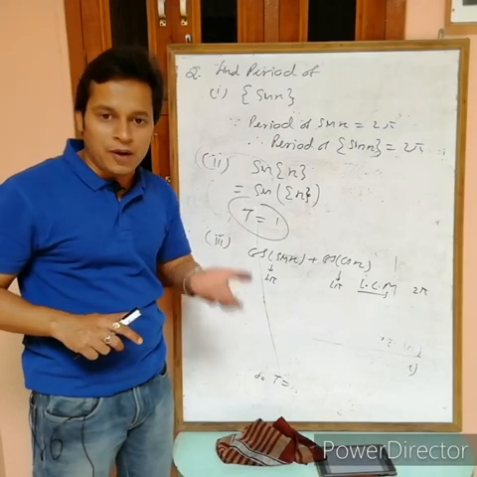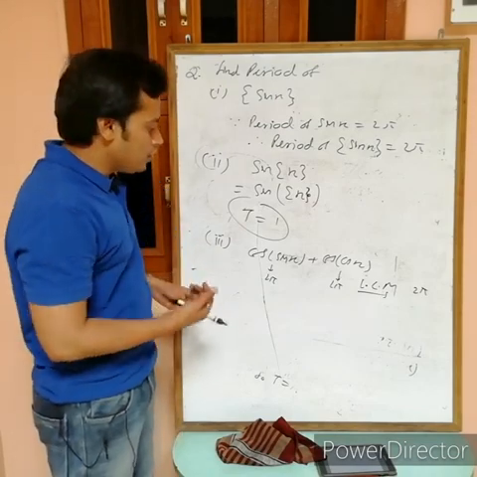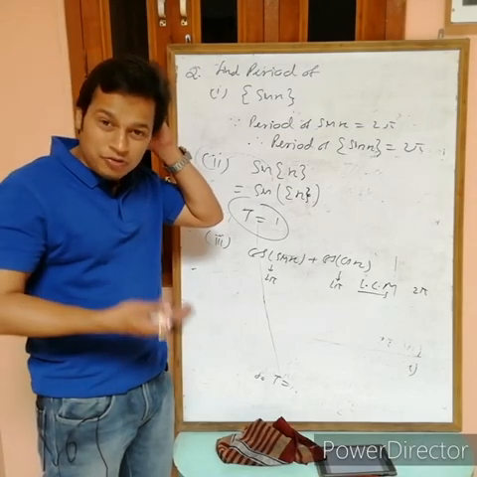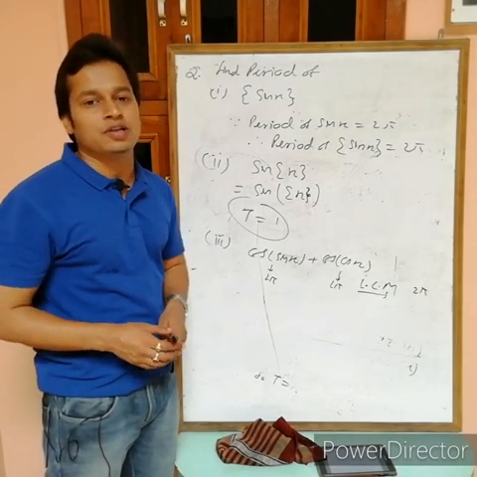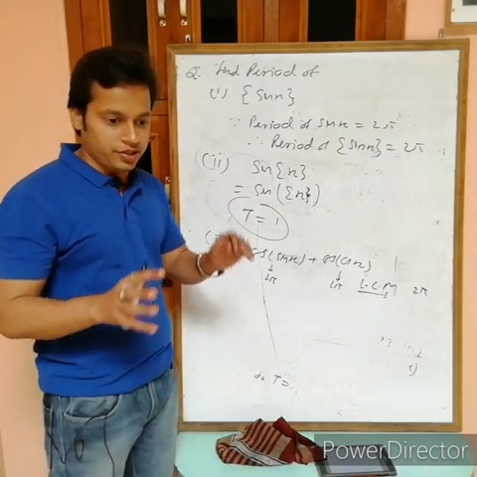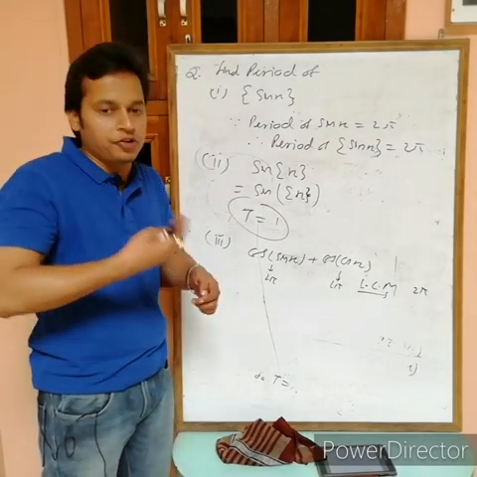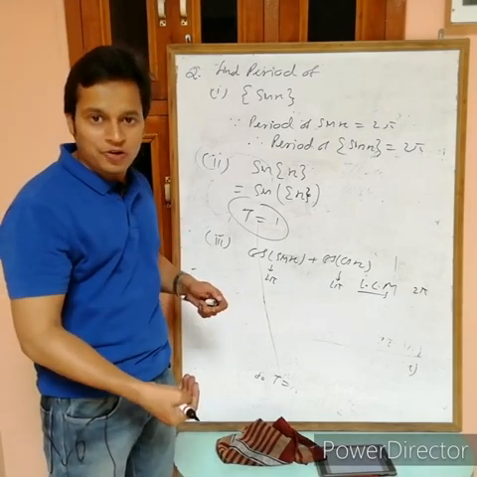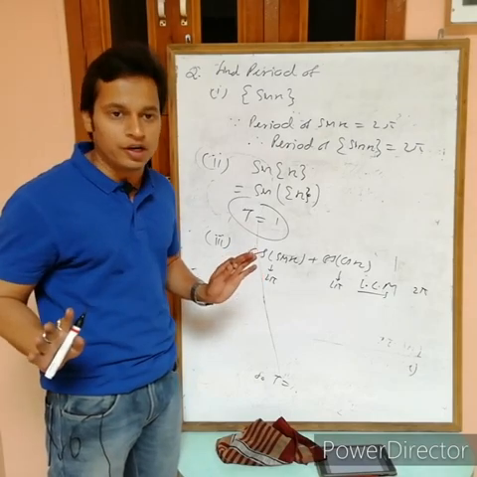So you have to check for pi. If you check for pi, then you will get that pi is the period. But also for this one, if you check for pi by 2, then pi by 2 is the fundamental period, because there is no specific rule that this one is the fundamental period, we have to check for half. In this case pi, and after pi again if you check for pi by 2, then you will get pi by 2 as the fundamental period.